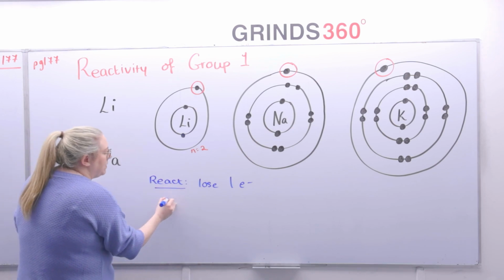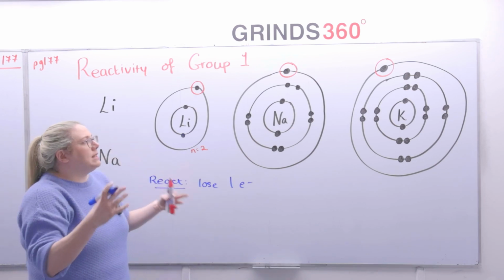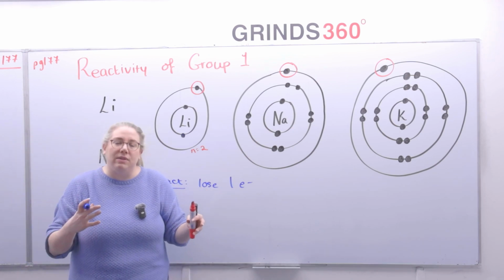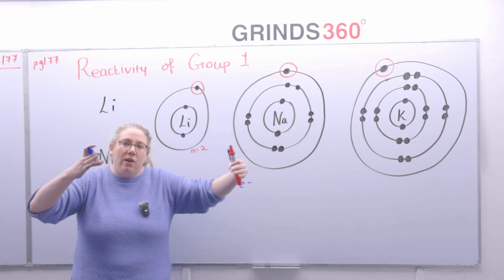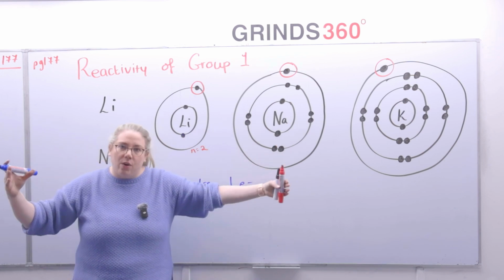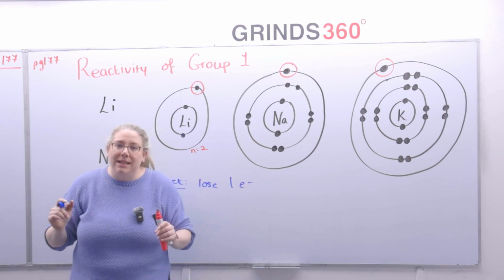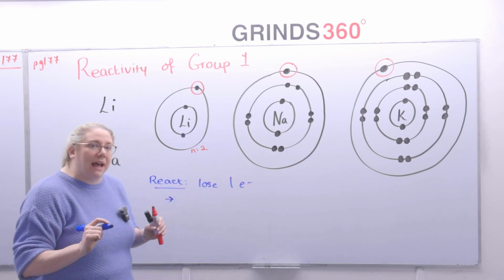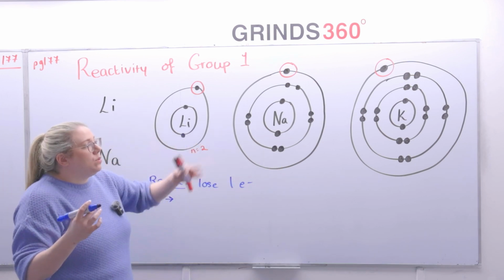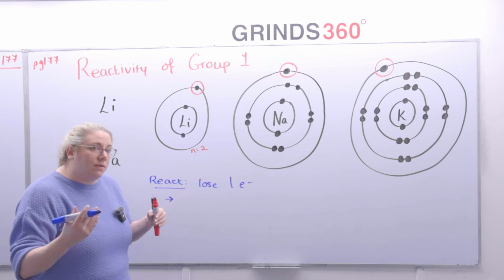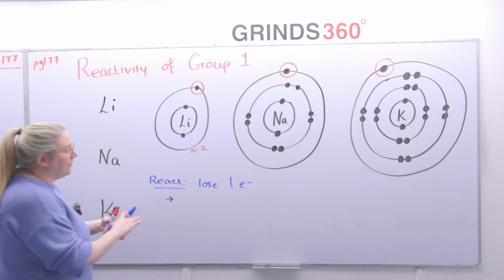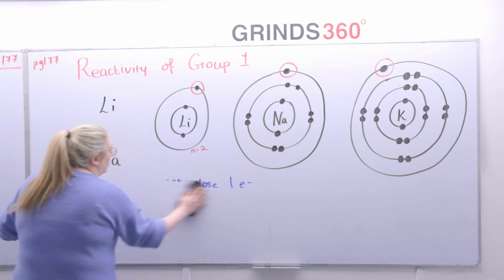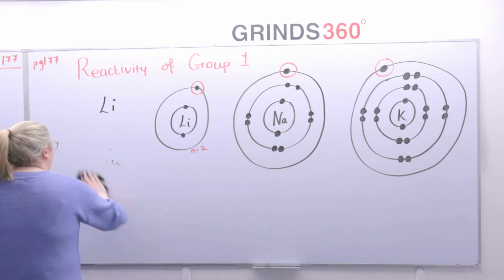So as you go down the group, the electron that's being removed when that element reacts is in a different energy level. Your electron is moving further and further away from the nucleus. That means it's going to get easier to remove that electron. So as you go down the group, it's easier to remove the electron, therefore the elements get more and more reactive. So as we move down Group 1, our elements in Group 1